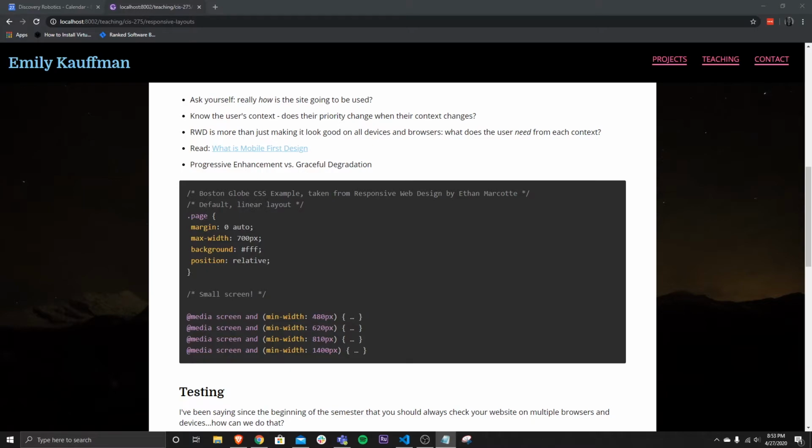In 2009, a guy named Luke Wroblewski, I'm probably butchering that last name, challenged the web dev community and said we shouldn't be treating mobile experience as an afterthought, especially when there are just as many people on their phones now browsing the web as there are on their desktop computers. So he's credited with coming up with the term mobile first design philosophy, which basically says that